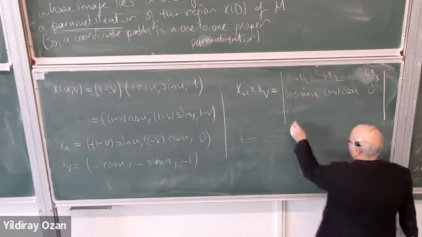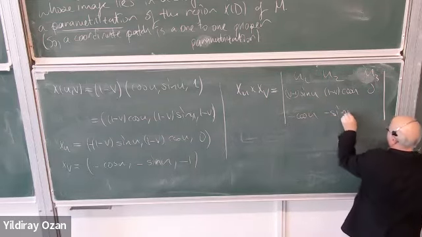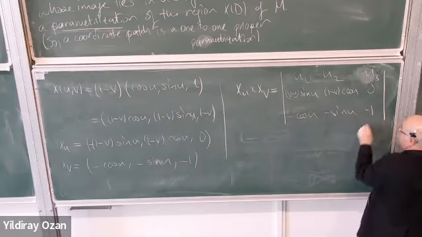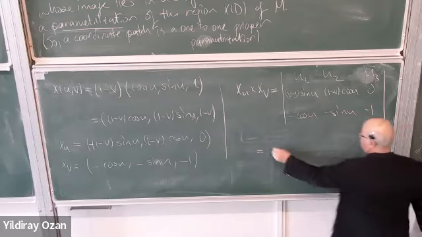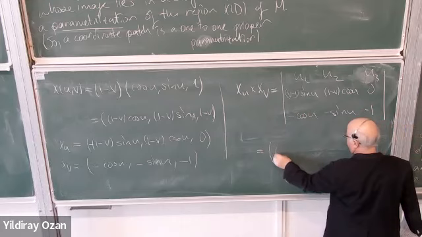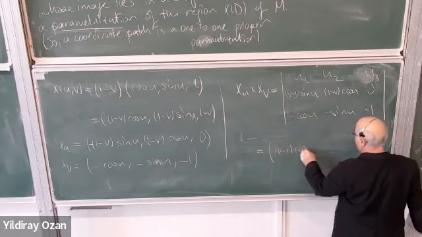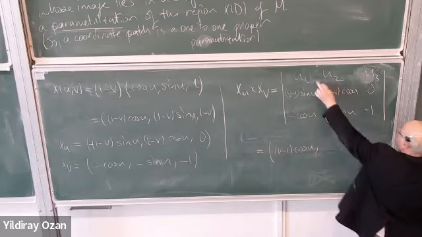And here minus cosine U, minus sine U, and minus 1. So this is just, okay, V minus 1 times cosine U, and then, okay,